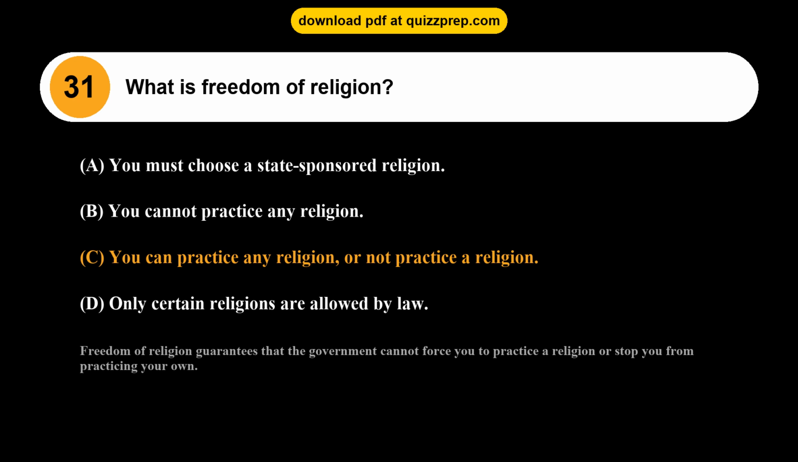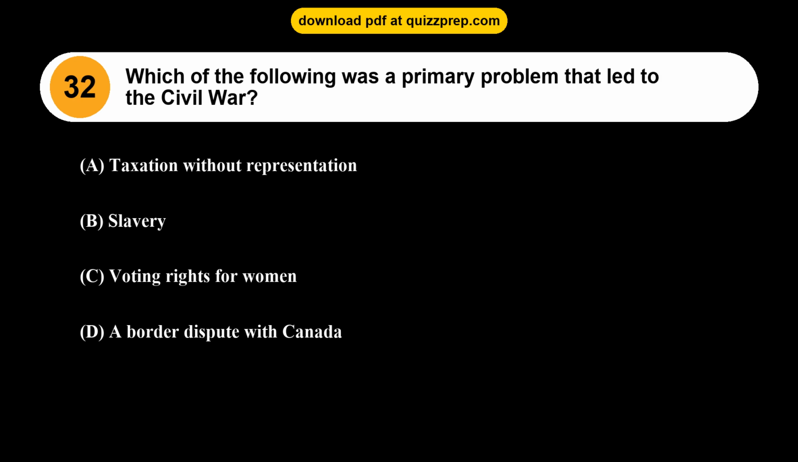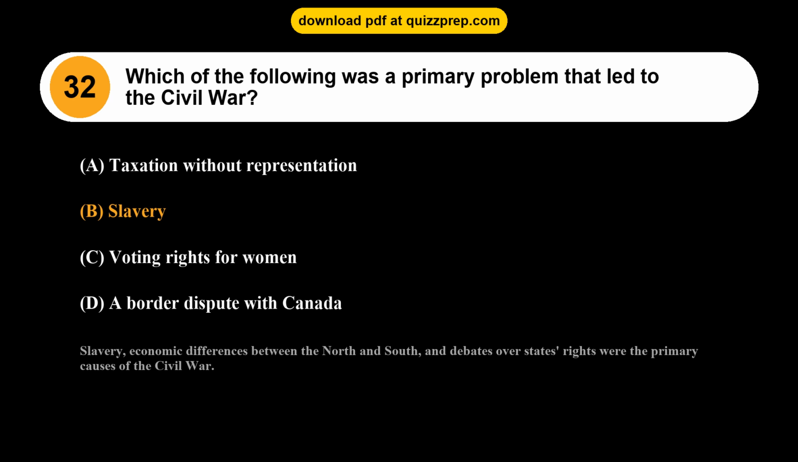Question 32. Which of the following was a primary problem that led to the Civil War? Option A. Taxation without representation. Option B. Slavery. Option C. Voting rights for women. Option D. A border dispute with Canada. The correct answer is option B. Slavery. Slavery, economic differences between the North and South, and debates over states' rights were the primary causes of the